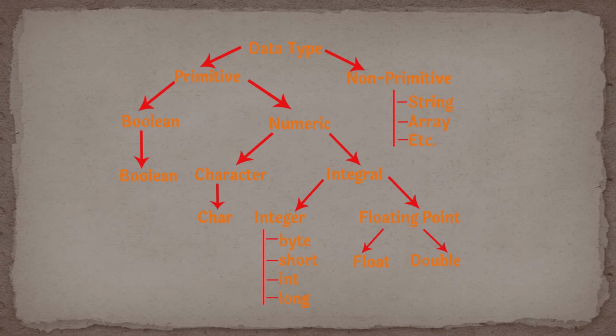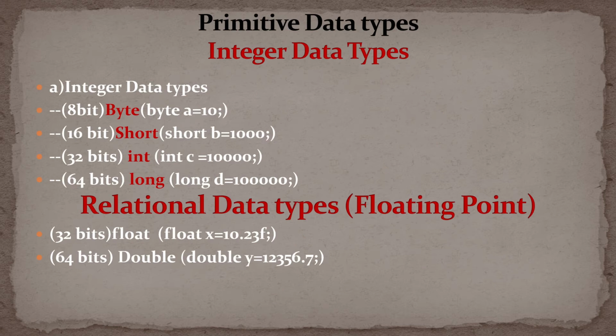I'm again repeating, primitive data types are those data types which are inbuilt in Java. You need not create it, whereas non-primitive data types are the data types which need to be created by the programmer. So let's get started with primitive data type first. Under primitive data type, first data type is integer data type. Guys, whenever we hear this word integer data type, we always think int falls under it, but it's not like that. We have four types of data under integer data type, that is byte, short, int, long. So int is just part of it, but it's not just int. Byte is also there, short is also there, and we have long also.